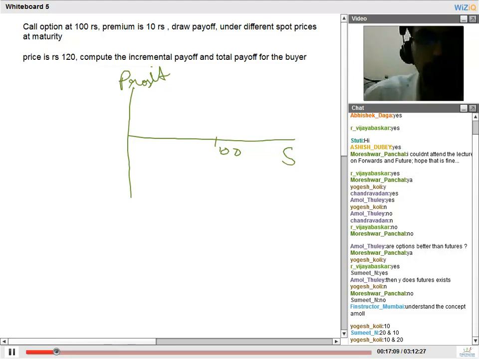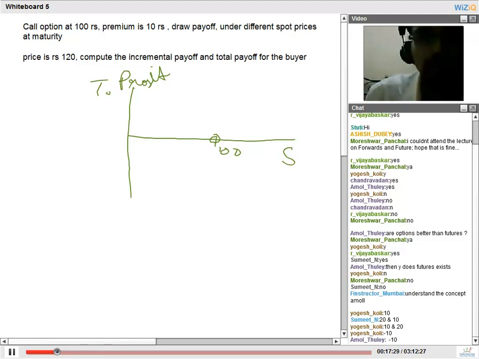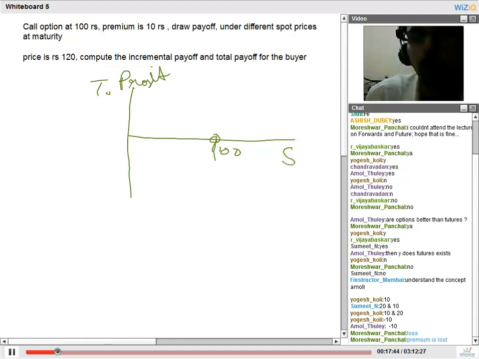So tell me, if the spot price at maturity remains at 100, what will be the total payoff? Okay, this is the total profit. What will be the total payoff for the buyer? So this is for the long party. He will be indifferent. He makes no money from the option because the spot price is 100, the strike price is also 100, so no payoff coming from the option incrementally. However, he has paid an upfront premium, so his total payoff will be a loss of 10 rupees. So he's going to lose 10 rupees on this asset.